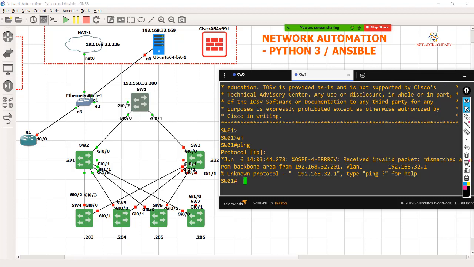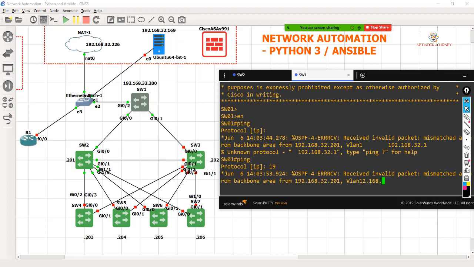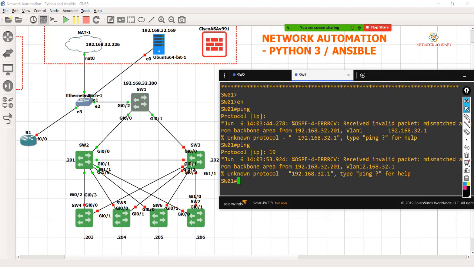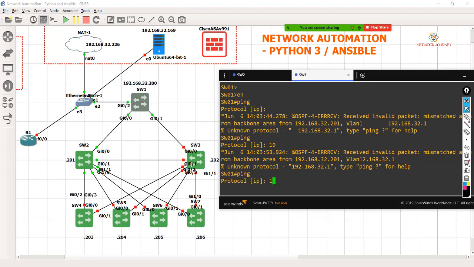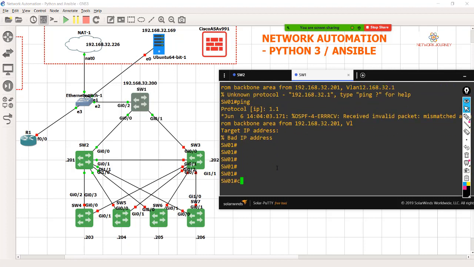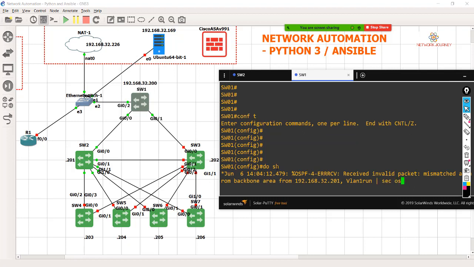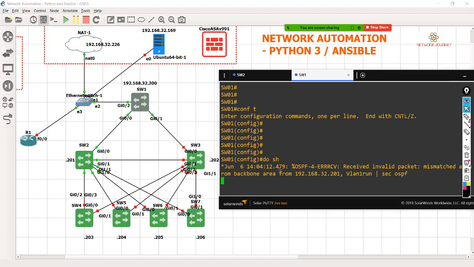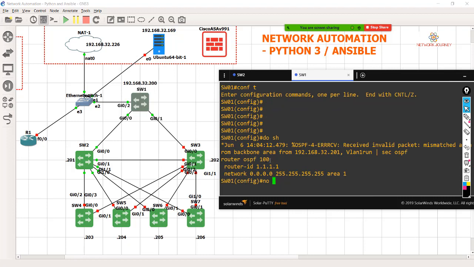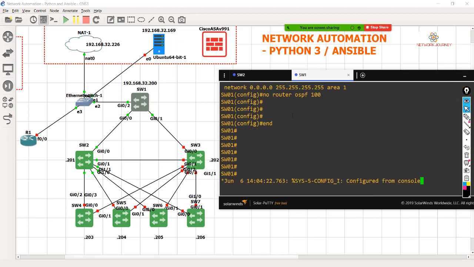So let's say 192.168.32.1. Okay, one second. Looks like I have some conflicting configuration, so let me delete them. Okay, so actually they are trying to build OSPF.